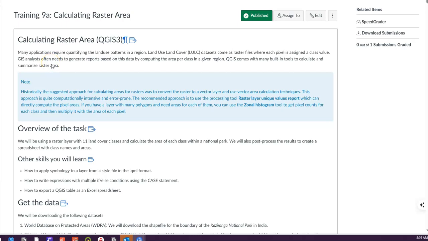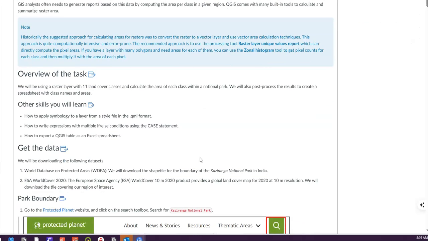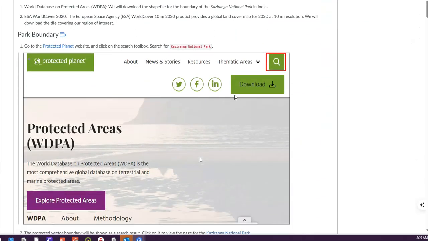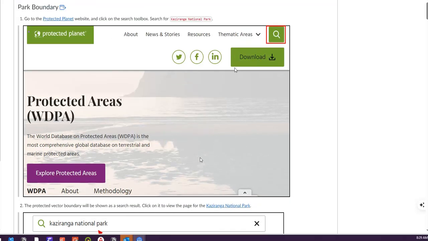Hello students, in this tutorial we're going to be calculating some raster area in a park in Asia. So what we're going to do is first go find a shapefile of the park in Asia, and we can do that by going to the Protected Planet website, and we're going to look for Kaziranga National Park. So I'm going to click on this link,